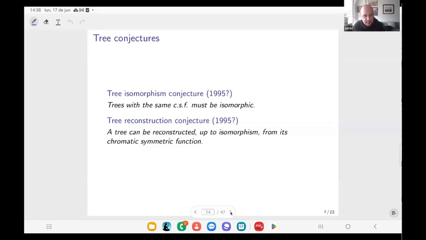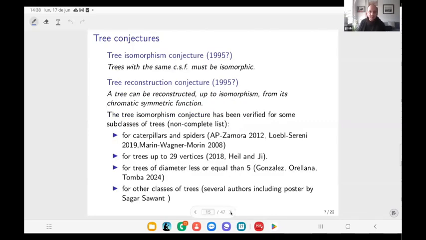And then the next one would be the reconstruction conjecture, which says that actually, if you know the chromatic symmetric function of a tree, then you can reconstruct the tree up to isomorphism. That's a little bit stronger than the first one. And so actually, for instance,